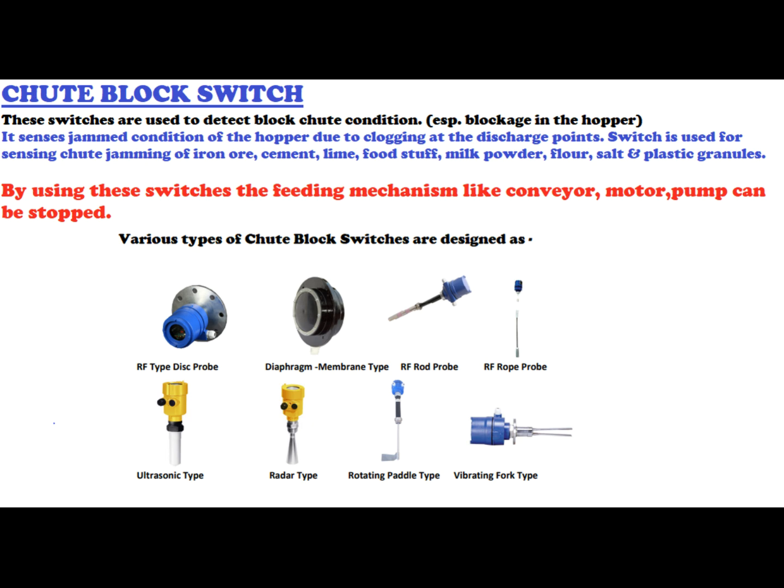Friends, here you can see 8 different types of chute block switches. These different types of switches are used for different kinds of applications. The applications can vary, or the material of that application can be solid, liquid, or in gaseous form. So accordingly these different switches are used. Let's come to the next topic,